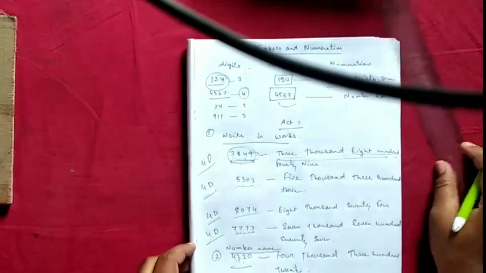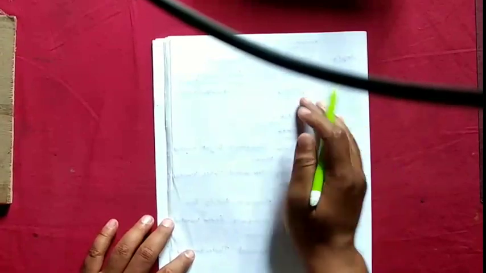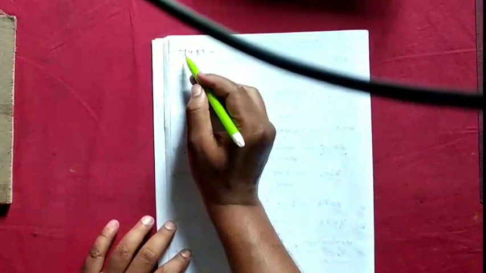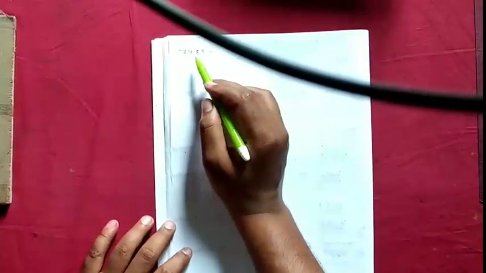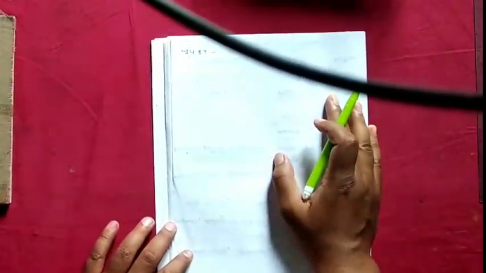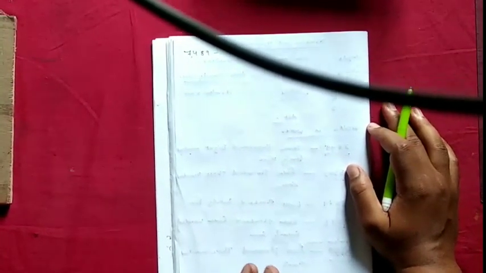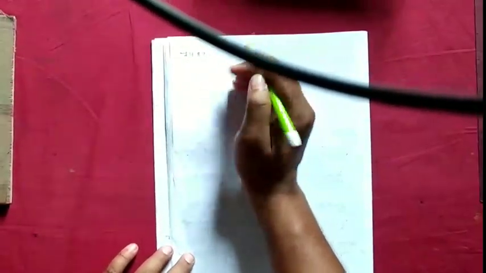Okay. Next one. Next page. 7,489. This one. So you have to write the number name. 7,000. Again, you have written it. You already know how I discussed it. You already discussed these number names, words, in the previous class, class 3. So I'm repeating this one. So this one will be easy for you.